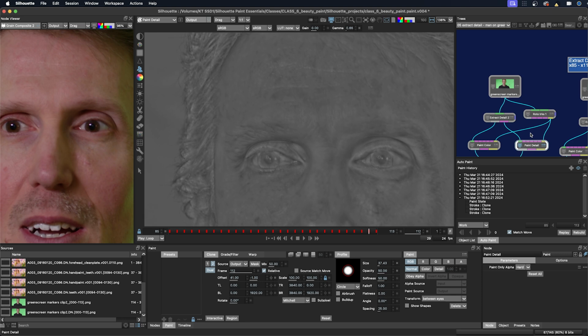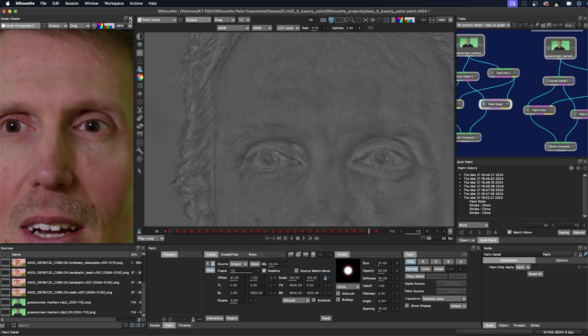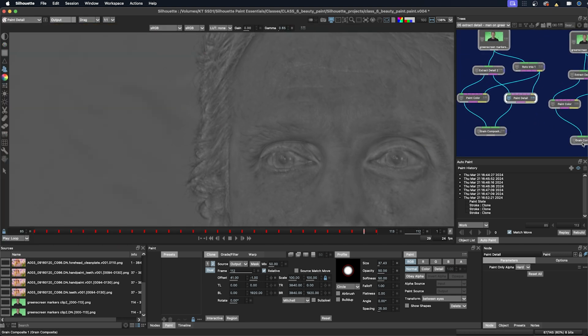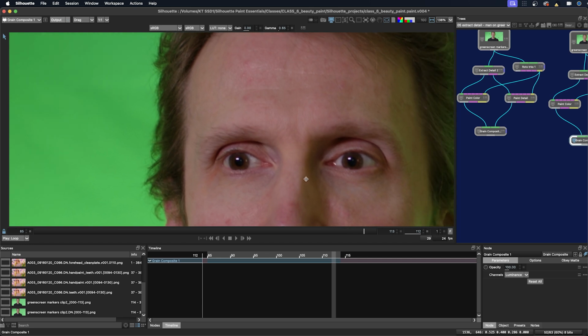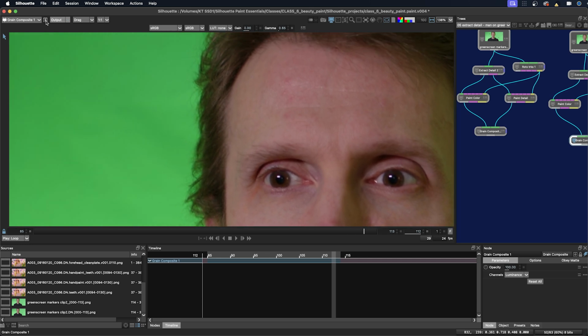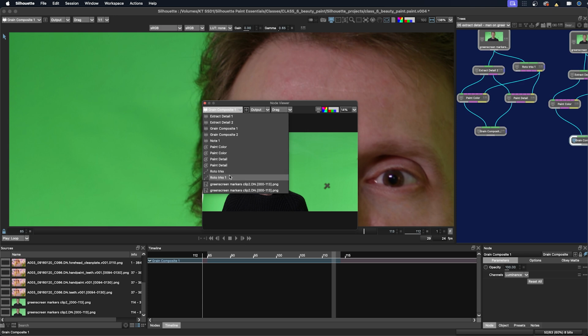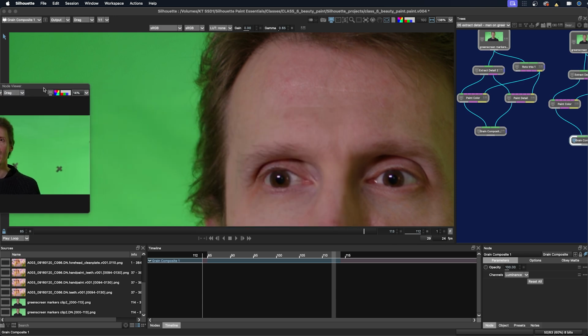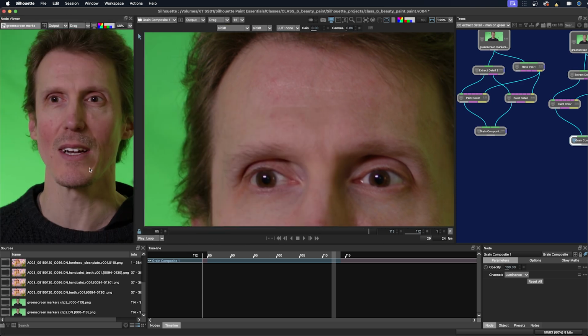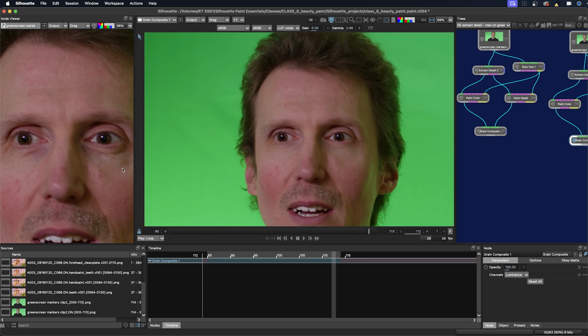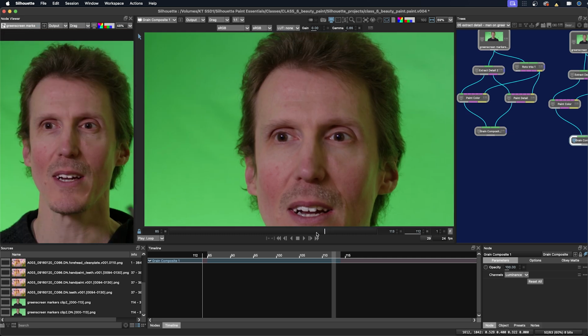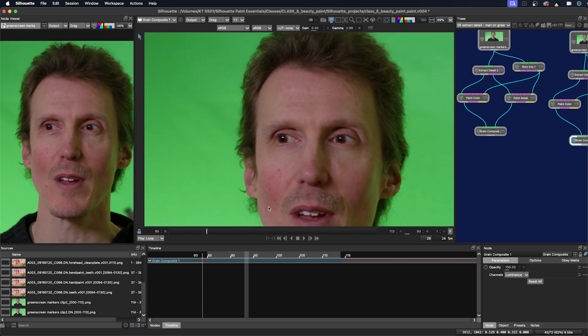So if we go over to the final, I can show you that. I'm just going to close this. We'll look at the grain composite 1. Actually, what I should do is bring up another window to compare, and we will compare with the source. So you can already see it looks a lot better.